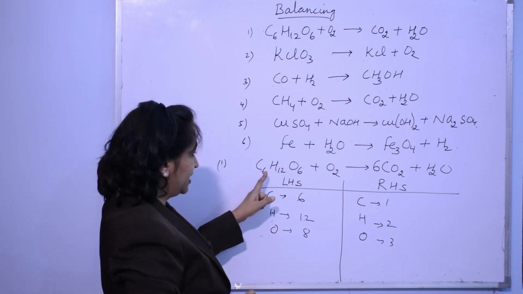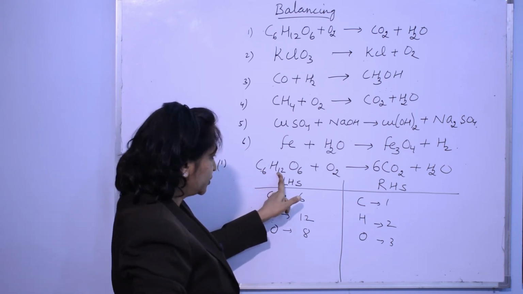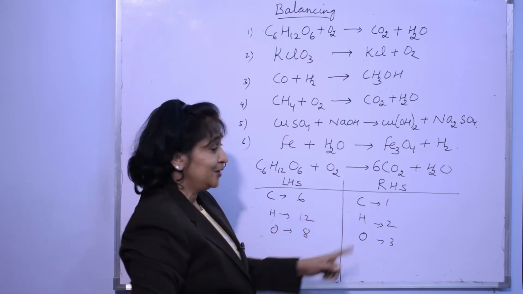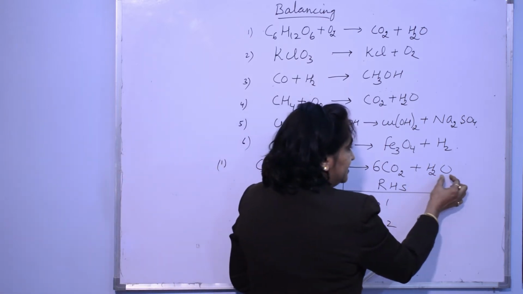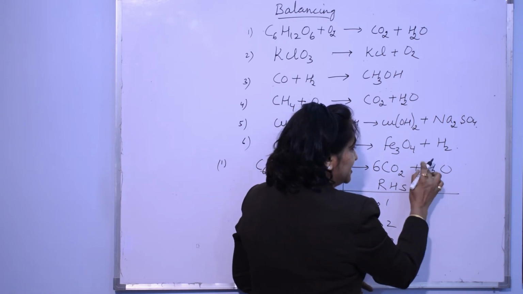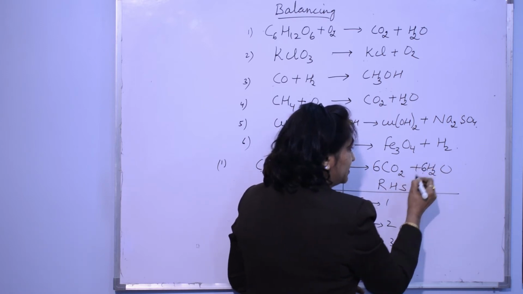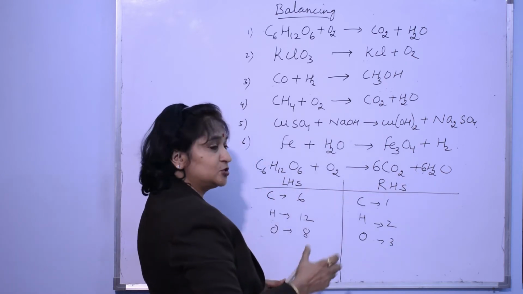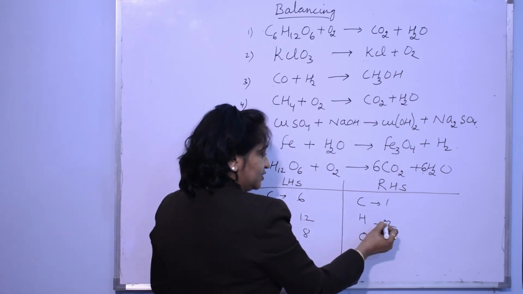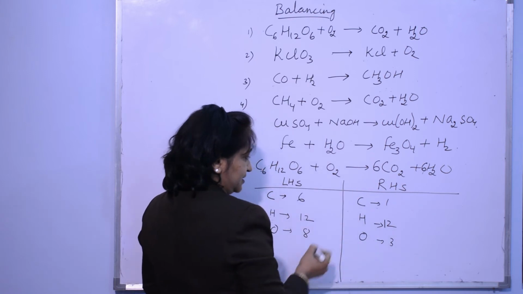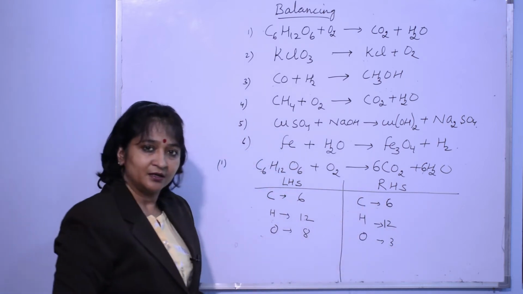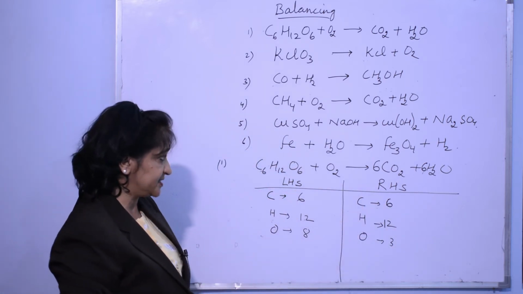In the same way, then come to hydrogen. Hydrogen is 12 here, but 2 here. You will not write anything as a subscript, but you will be writing it as a coefficient. So here you will write 6. So 6 into 2, this makes it 12. Write the changed number here. So hydrogen is 12. Now carbon is 6. Okay, I am making the change here itself.